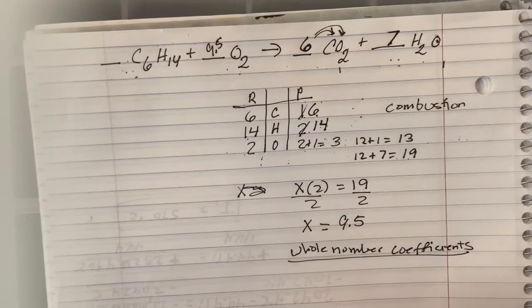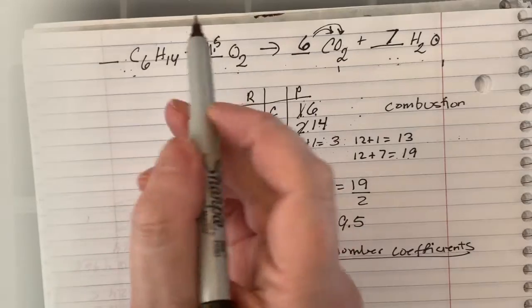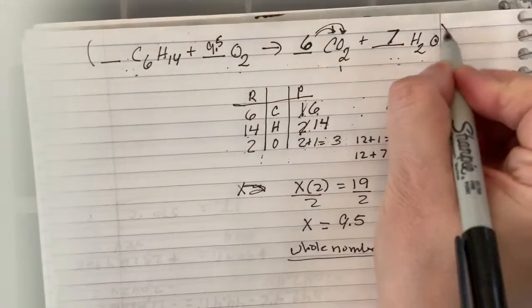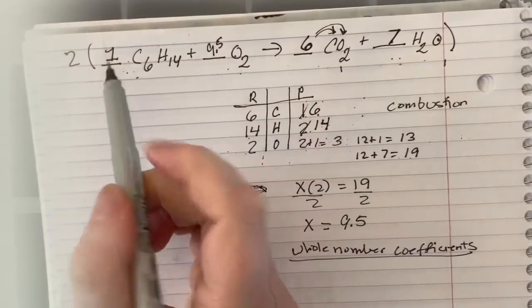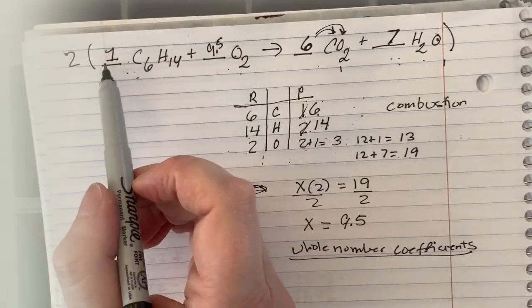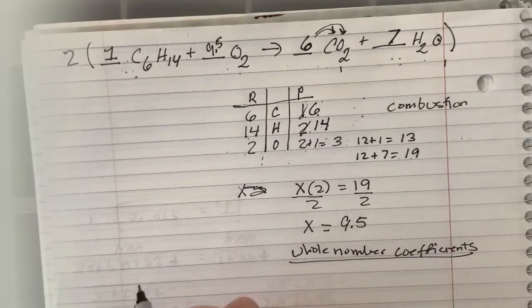So how can we make whole numbers? The same way we would do in an algebra class. Multiply everything you have by 2. And that's why it's important to make sure you put a 1 there, because you might have forgotten to multiply that first guy by 2. 2 times 1 is 2, so